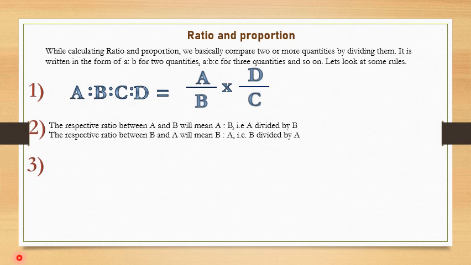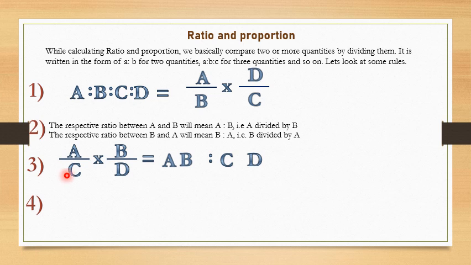The third rule says that A is to C when multiplied by B is to D, it gives AB is to CD. So this is very simple. The numerators got multiplied and they became AB, and the denominators also got multiplied and they became CD. Since I told you that A by B means A is to B, similarly AB by CD means AB is to CD. The fourth rule says if A by B is equal to C by D, then whatever